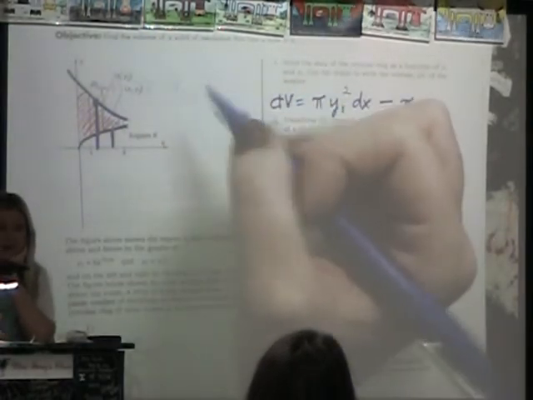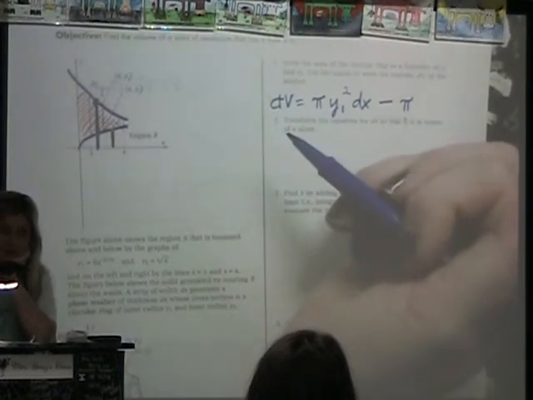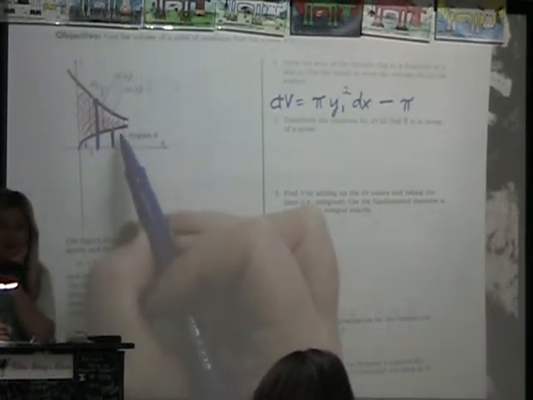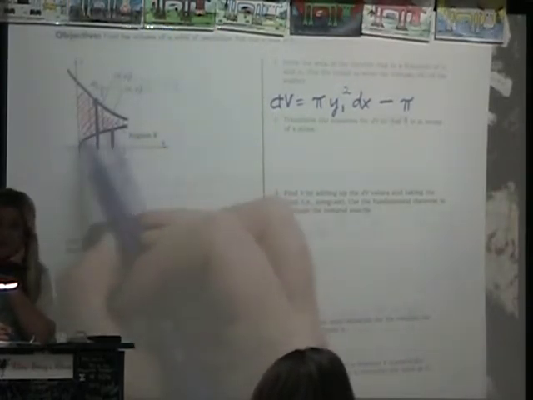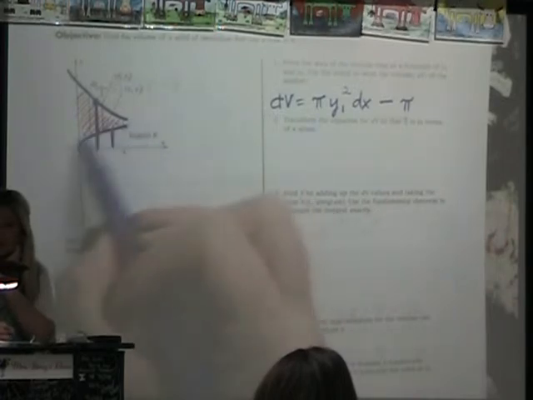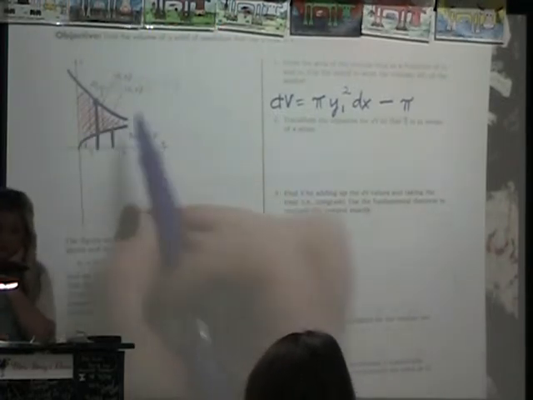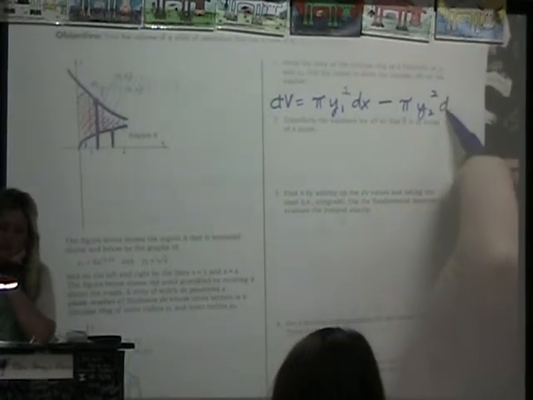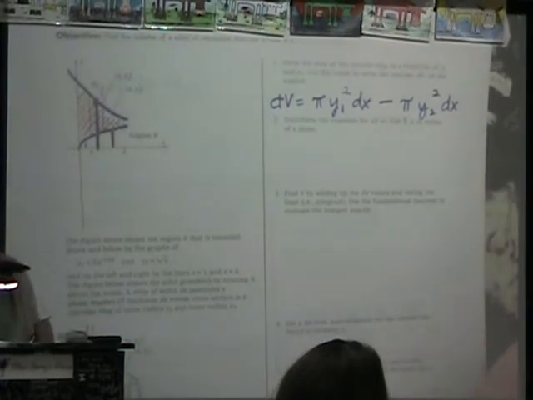Does everybody see that? The radius of the hole is just going to be y sub 2. Because if I pick it over here, it's going to be smaller than if I pick it over here. But it doesn't matter as long as I use my y sub 2, which is the square root of x. So I'm going to say y sub 2 squared, and that's still dx, because we're still going around the